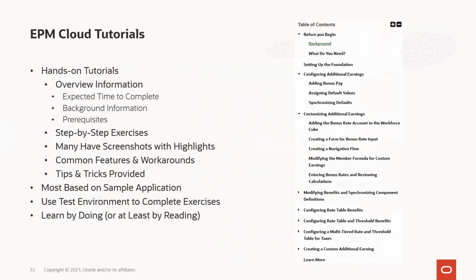They'll have an overview section, many of them give you an expected time to complete the exercises, some background, the prerequisites, and many of these are literal step-by-step with screenshots, with boxing. It's really meant to be very user-friendly to help guide you through this, to get the feel for features, common features, workarounds.